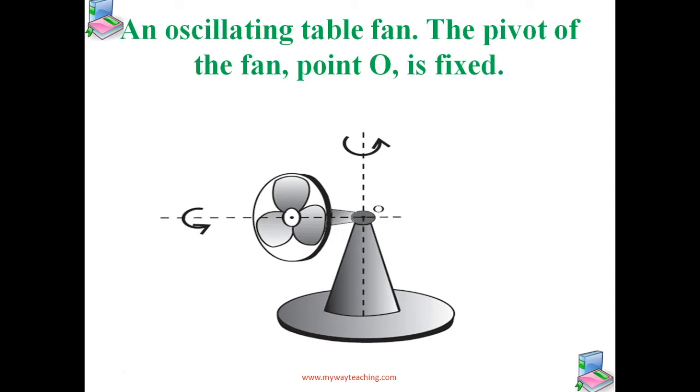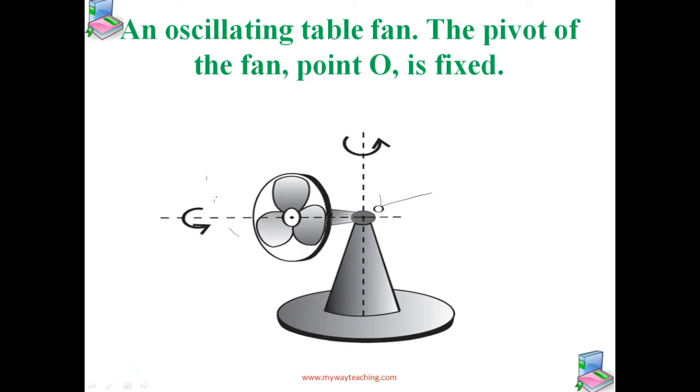Here it is, an oscillating table fan. The pivot of the fan, that is point O, is fixed here. You have seen this also, right? But this fan continuously moves from one end to the other end, so that it can spread the air in all the directions, isn't it? So the axis of rotation of the top at any instant passes through that point of